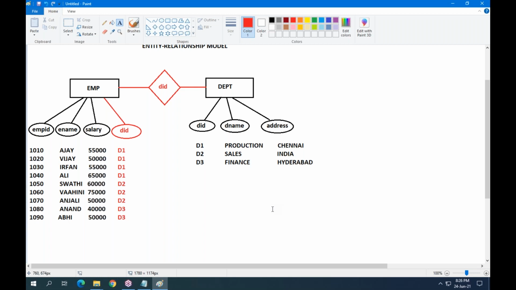I think I am expecting so many questions in your minds. Sir, why is department ID reflected? Why don't you take department name? That is the first question. The second question is, sir, why is DID repeating in EMP? Why isn't employee ID repeating in DEPT?